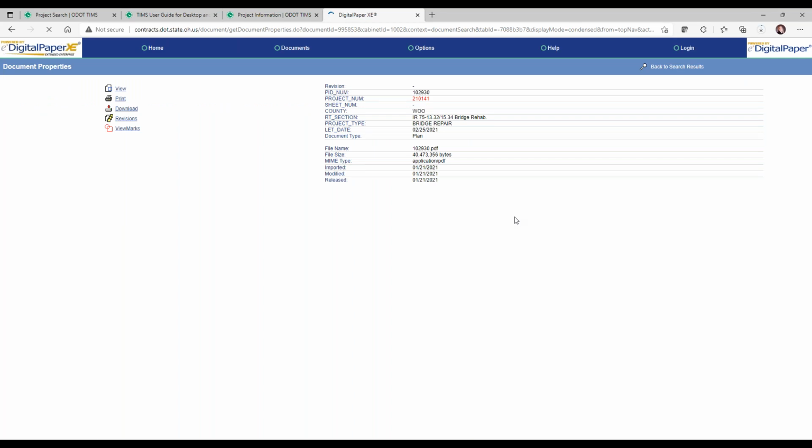Okay, I was incorrect. Please accept my apology. So it will download a PDF, and you can see a preview of that here. So that's a good resource to quickly get to that information. And that's a goal that we have throughout TIMS, is to make it easy to link to all of the other systems. So always keep your eye out for these blue links to help you get more information and link